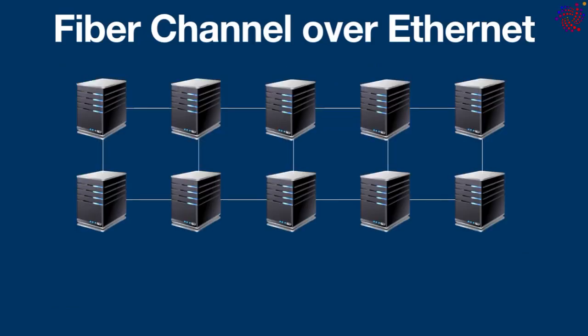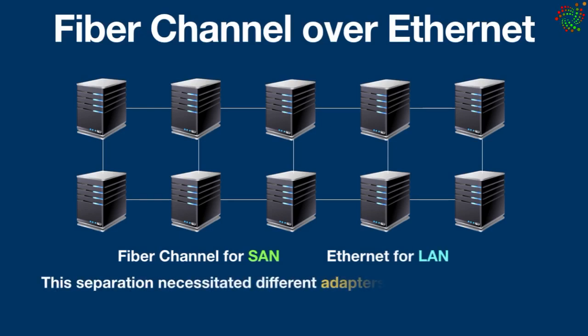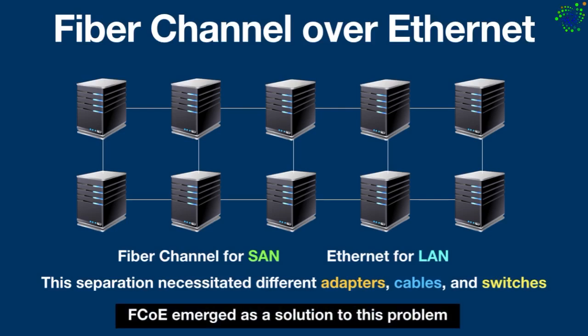In traditional data centers, storage traffic and network traffic have been transported over separate networks: Fibre Channel for the storage area network and Ethernet for the local area network. This separation necessitated different adapters, cables, and switches, leading to increased complexity and costs. Fibre Channel over Ethernet emerged as a solution to this problem, allowing both types of traffic to coexist over a